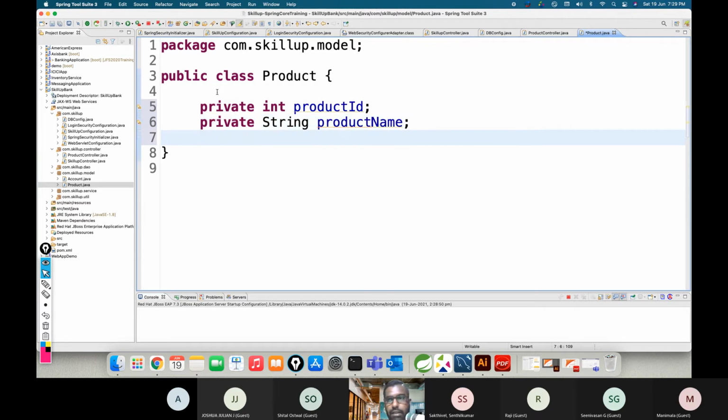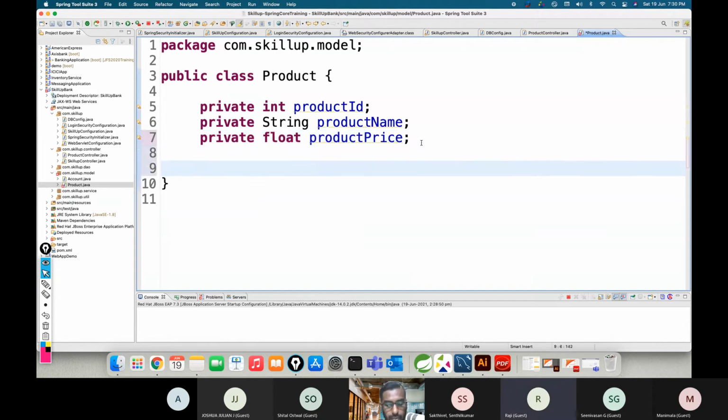How many of them are working on Angular? Is there anyone who's working on Angular or React? Is anyone there? I didn't work on Angular, but I learned some of the basics of Angular and React. Okay,